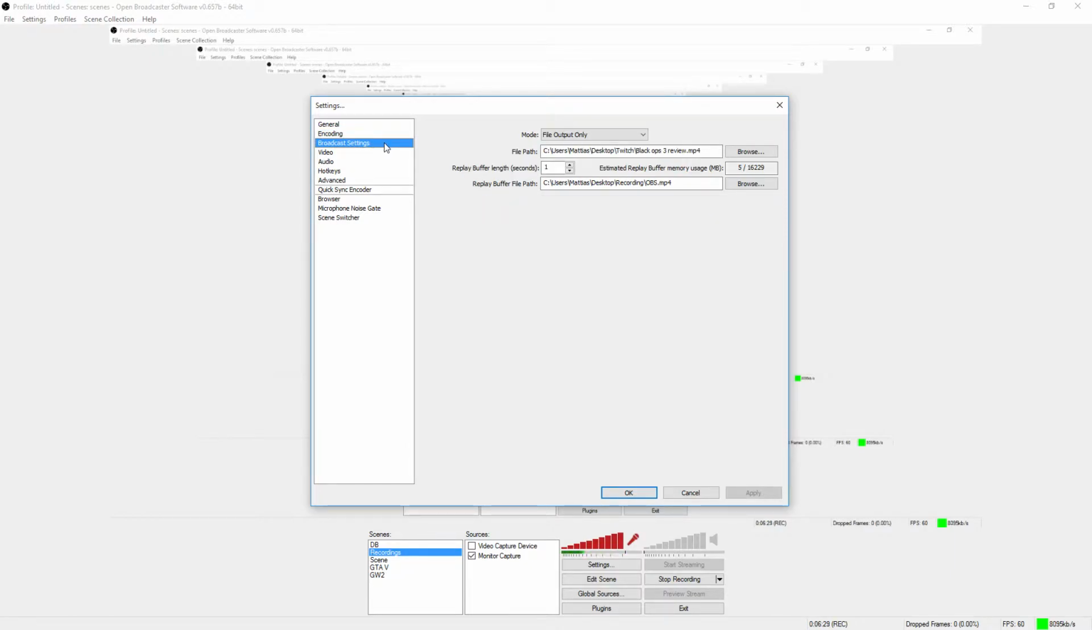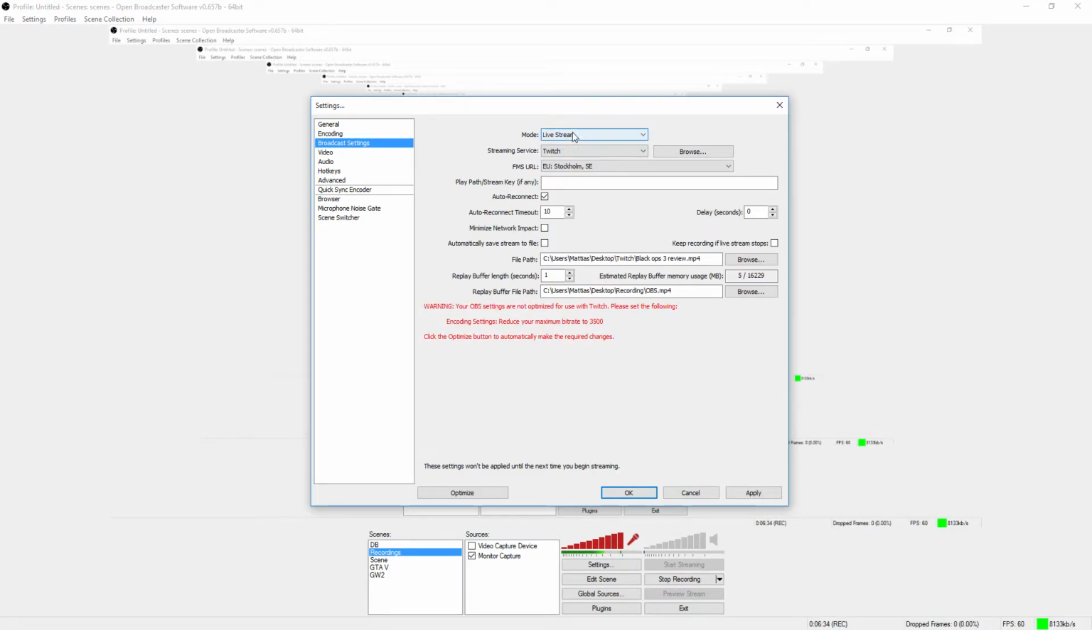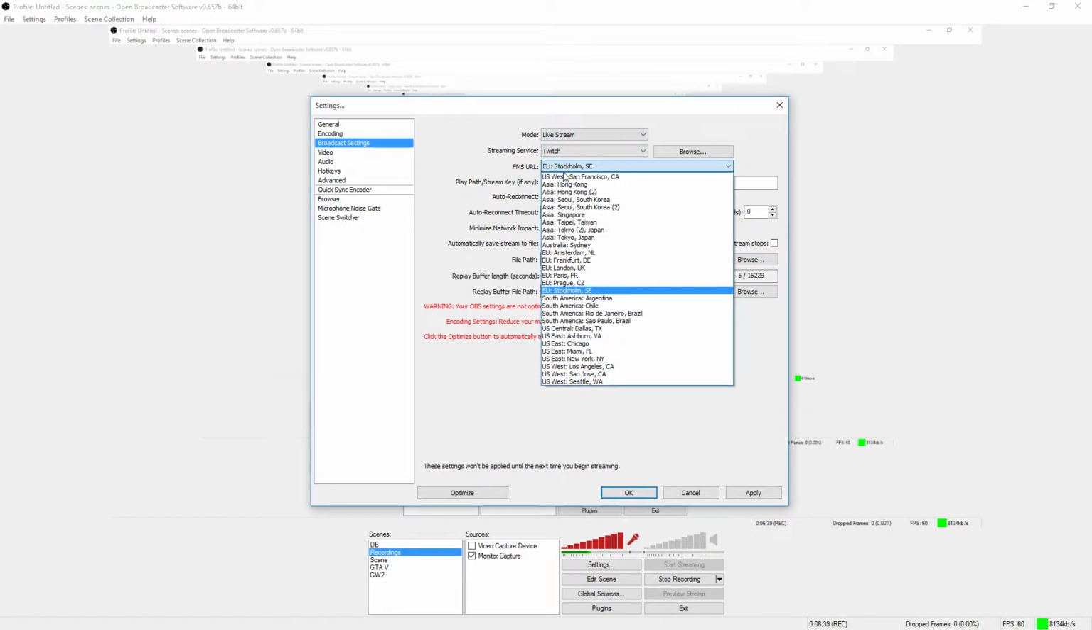This is where you want to change to live stream, and this is where the magic happens really. You choose your streaming servers, where you're located, but beware, some cities, depending on where you live, have better ping the further away they are. I know for a fact that Stockholm, where I live in Sweden, has the best ping for me,